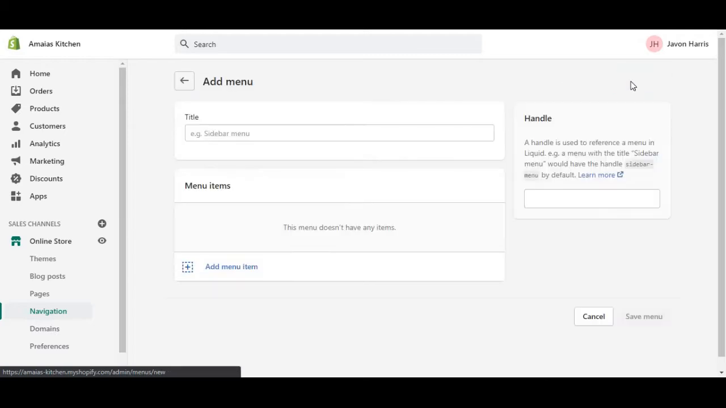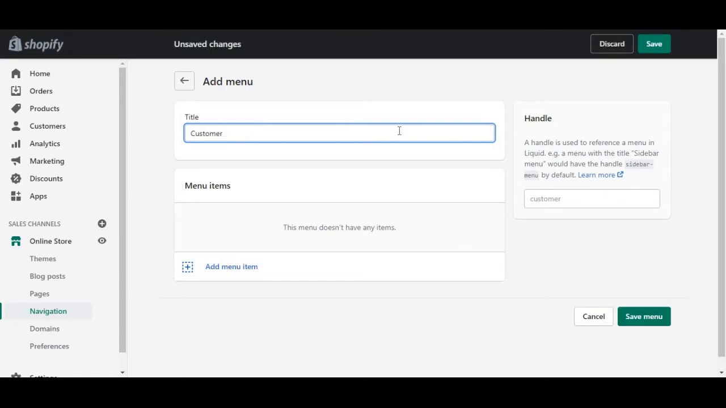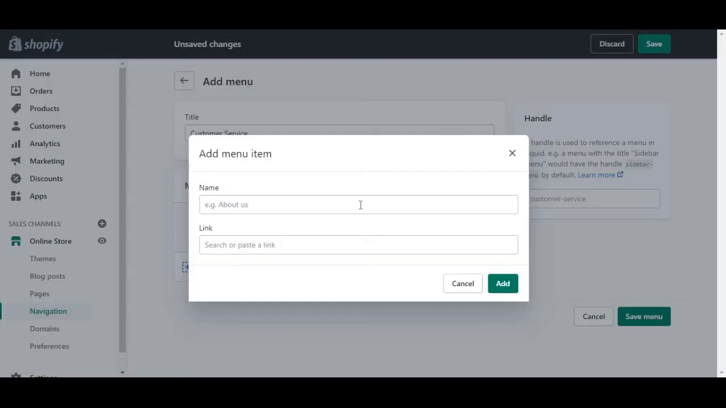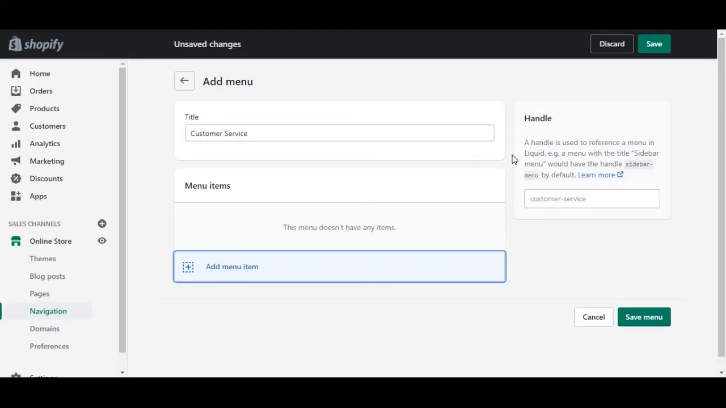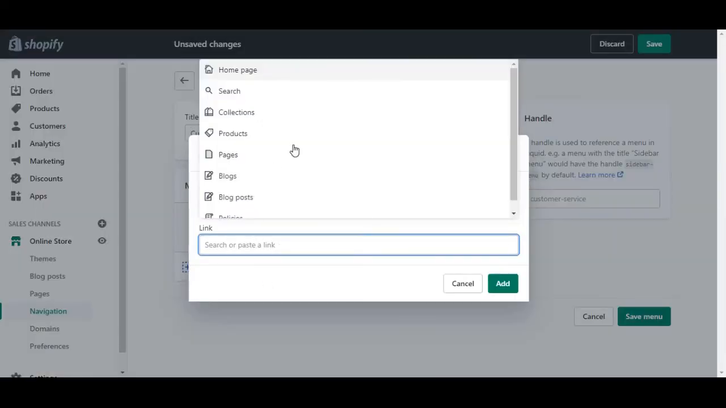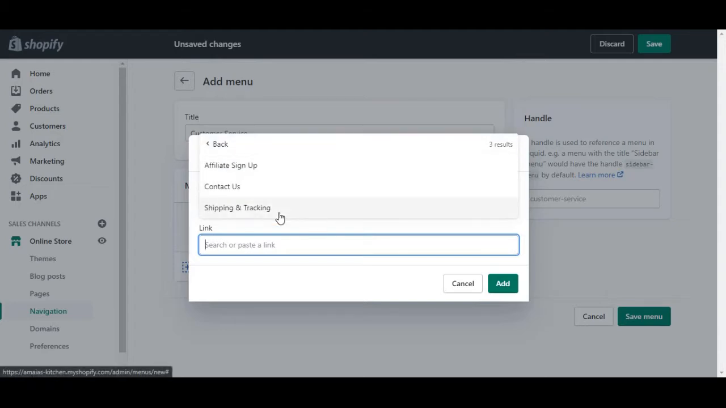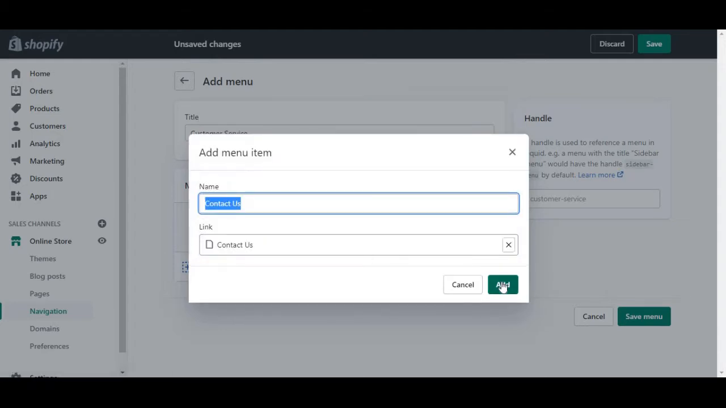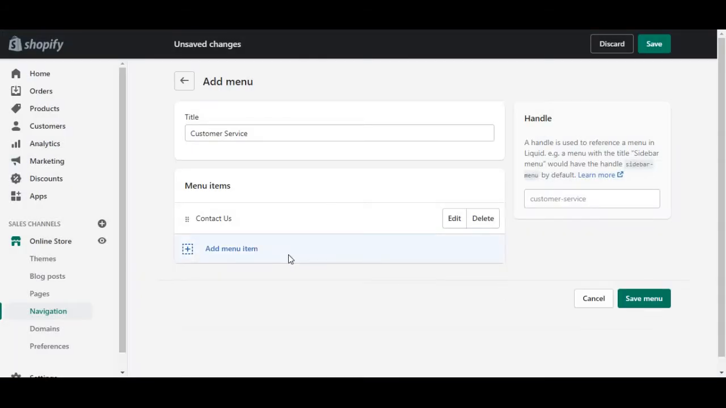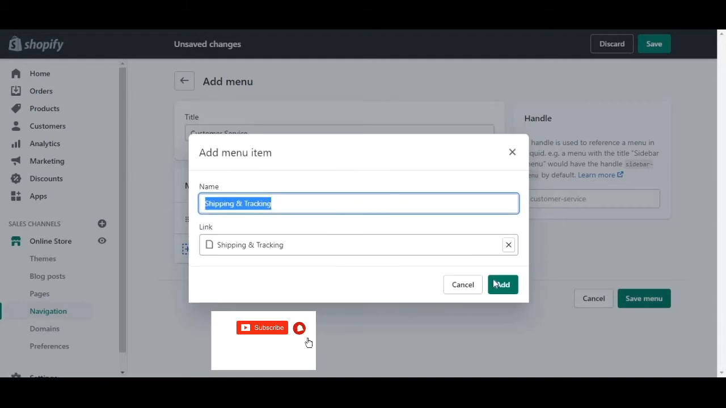So I will just go ahead and create a new menu for customer service and start adding items to the menu. So literally, to add an item, just click add menu item, then link, and I am just gonna grab pages. So the first one is contact us, the next one will be shipping and tracking,